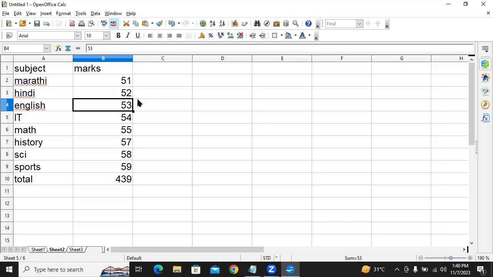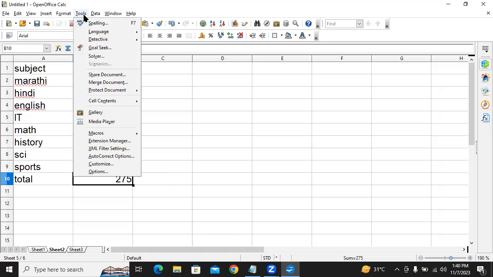How? Here you can achieve a target by changing multiple cell values. Just suppose in Hindi there was a zero, in IT it was a zero, in history and science zero. Now see, the target is changed. What was the target? You can decide or define it. So let's say our target is 500. Whenever you want to use goal seek or solver, you have to select the last cell where the formula exists. So for solver, again from the same menu,